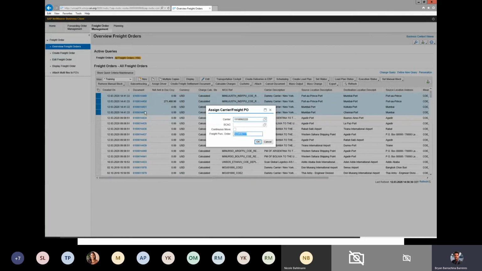I don't know if that's going to be a change in production or not, but for now, that's the option. So I'm going to leave the Freight PO number out of this one for now, and I'm going to show you the other way of doing it as well. Okay, so we can get this out of the way. I'll leave the Freight PO number out, but I'm just going to assign the carrier. I'll click on OK,